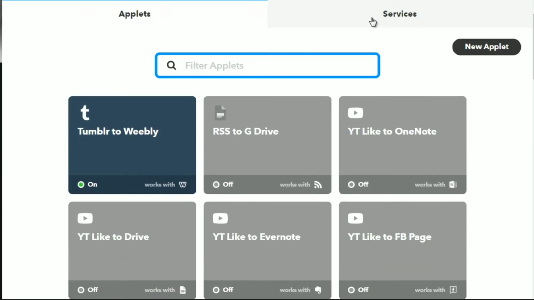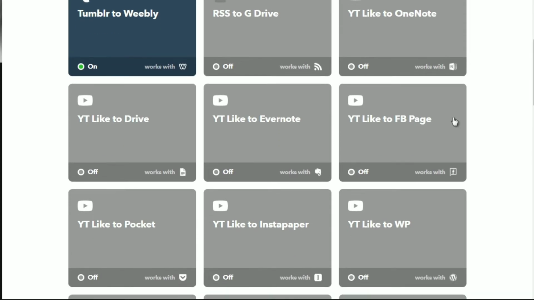Now, services over here, I'm not going to click that, but this tab allows you to connect to all the services that you're going to be using. For example, as you can see here, I've got Tumblr to Weebly, RSS to Google Drive, a YouTube like to OneNote, YouTube like to Facebook page.